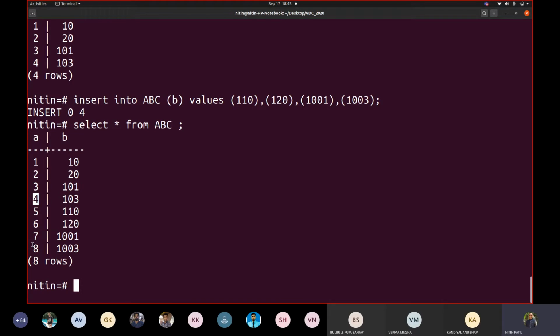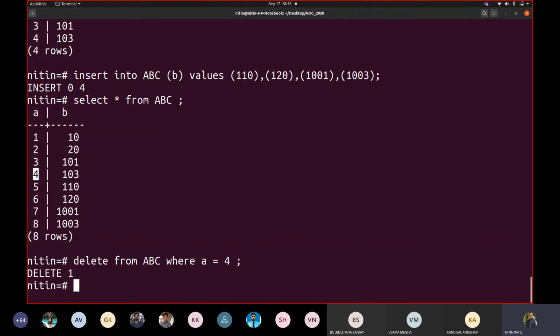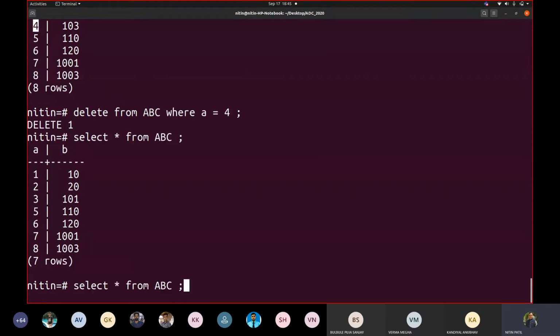But one problem with this is, suppose you delete. For example, if I delete from ABC where A equals 4, and then select star from ABC. Now let me try to insert a value here. I will remove this whole thing and say values 4, 1010.